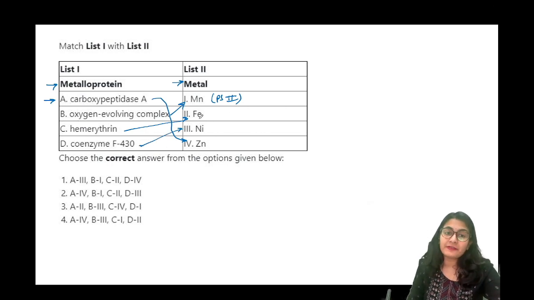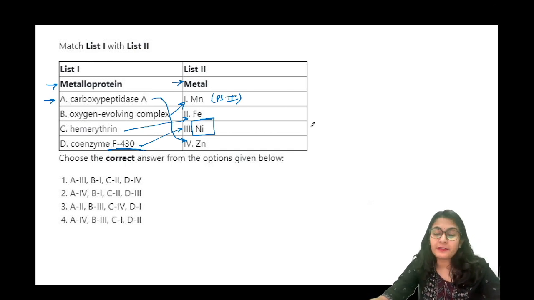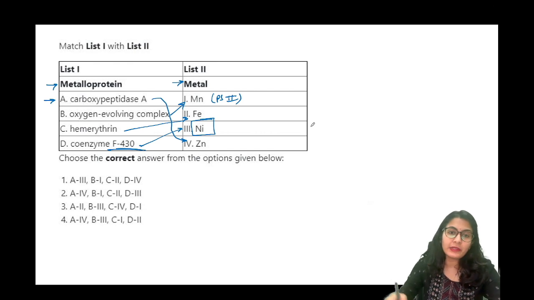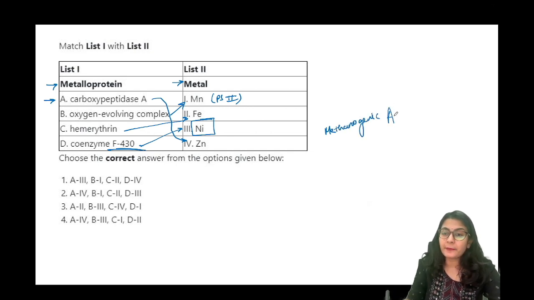Alright, ये एक specific type का heme group है, coenzyme F430. Where nickel is present at the center. It has a specific role, alright, and is found in bacteria. Not all the types of bacteria, special ones. Alright, so ये कहाँ मिलता है हमें? ये मिलता है निकल. And specifically coenzyme F430 we will see in the methanogenic archaebacteria.